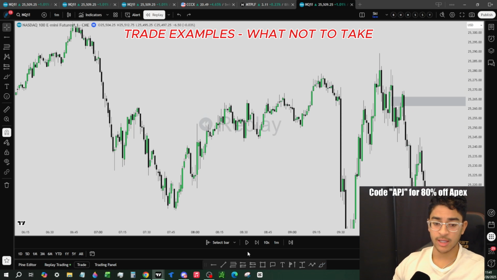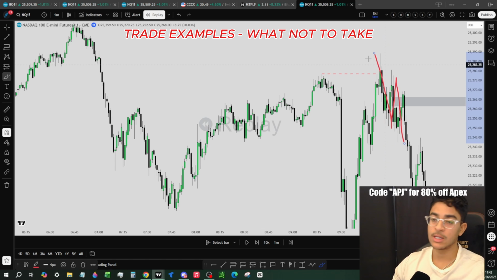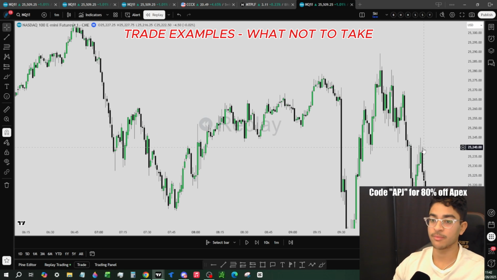This is not a setup to take because here is significant liquidity, right? This was the pre-market high, swept here, right? And you see the reaction to that liquidity sweep. Price immediately reacts, fails to make a new high, comes back down. So we're making new lows and we're failing to make new highs. Comes back up here. This is not a long I would take. Yes, it's a 1-minute inversion, but it lacks that higher time frame context.